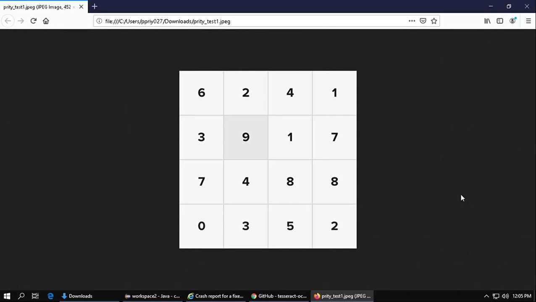So when we went for automating it, we just inspected all these buttons that appear in front of me, like 624139 and so on. These are actually buttons with the tag button, and they had no ID, no text, nothing. So it was a major challenge for us, because we were expecting these button tags to have the text property, or maybe the ID or the name property, with the digit that is appearing on the screen. Say for example, button name is equal to 6, or button text is equal to 6, something like that.